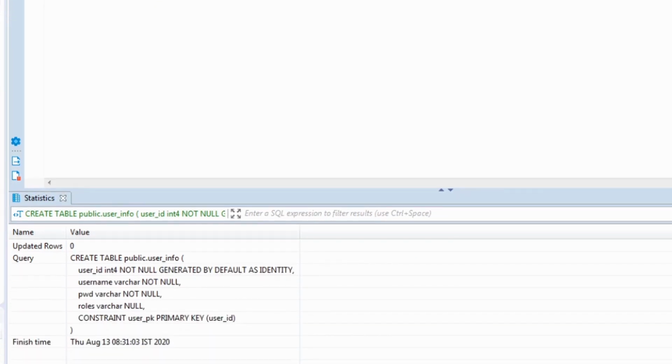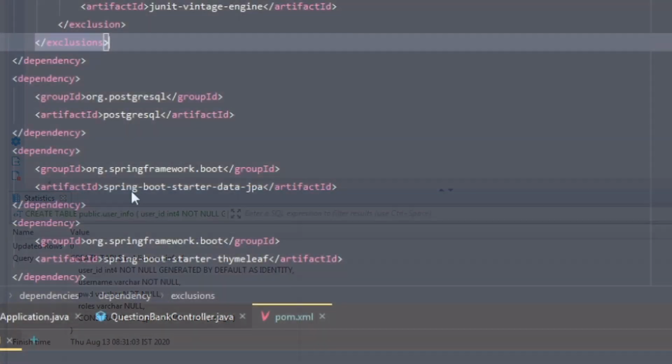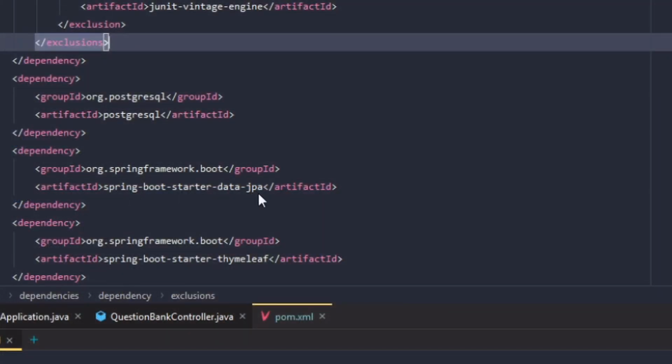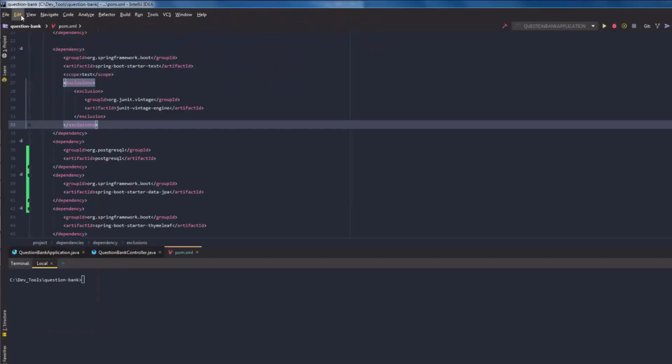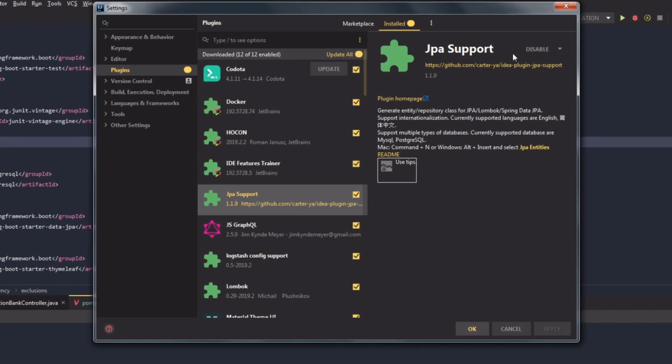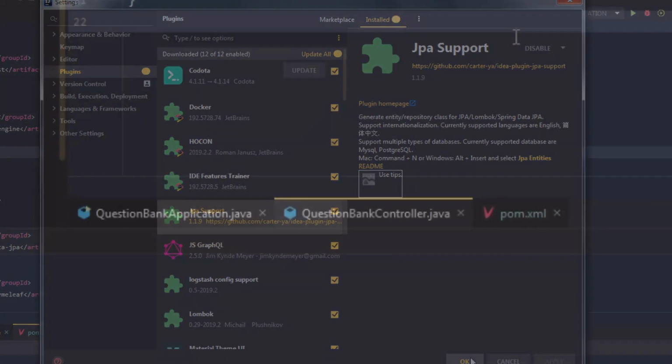Next step is to create the corresponding user info JPA entity class and repository interface. Since we are already using JPA in this project, we already have the Spring Boot Starter Data JPA dependency in our pom.xml, and we have configured our Postgres data source in our application.properties file. To generate the entity bean and repository, I'll be using the IntelliJ plugin JPA support.